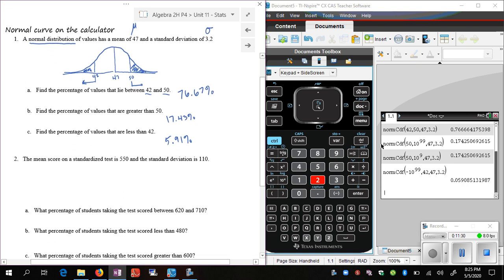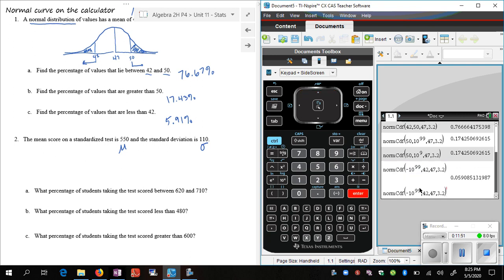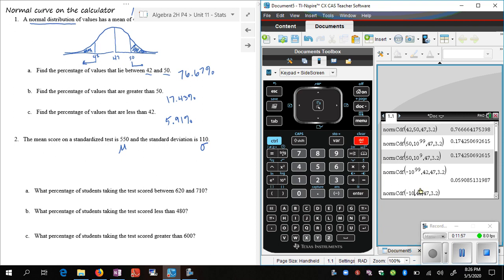Okay, the mean score on a standardized test, so that's mu, is 550, and the standard deviation is 110. What percentage of students taking the test scored between 620 and 710? Again, you can go menu 652 every time if it saves you time. I'm just going to show you how we can do this on a calculator without going there. First numbers are lower bound, so 620 up to 710, then our mean, which is 550, and